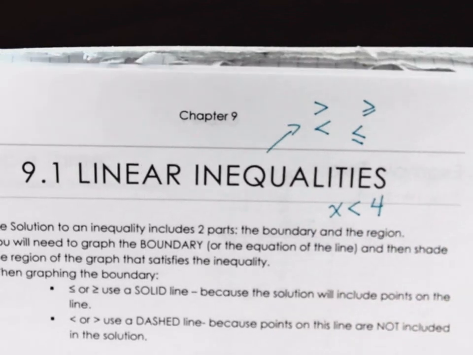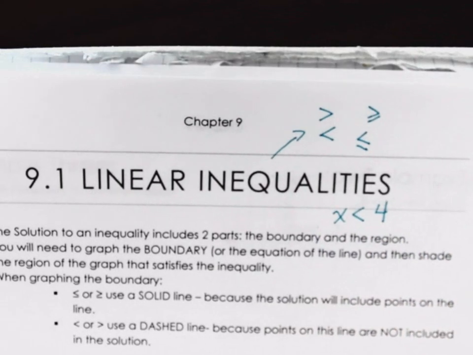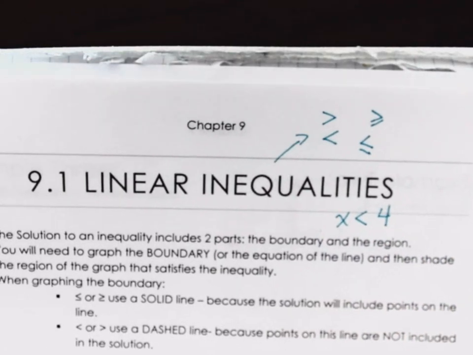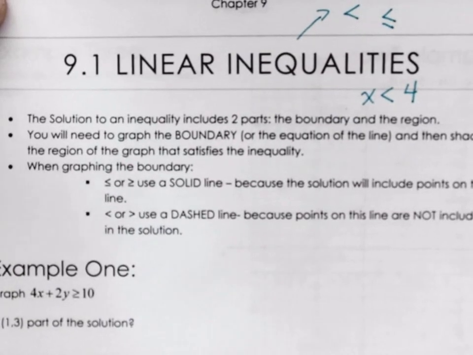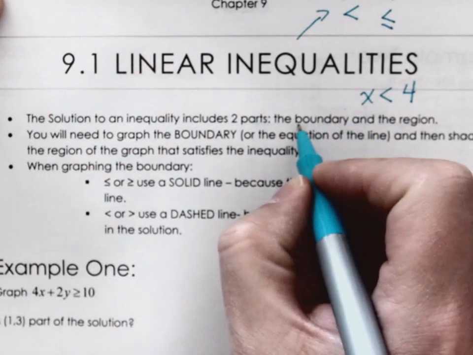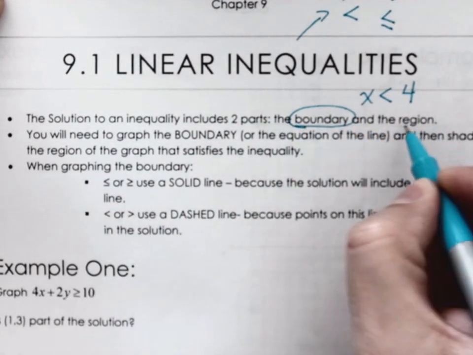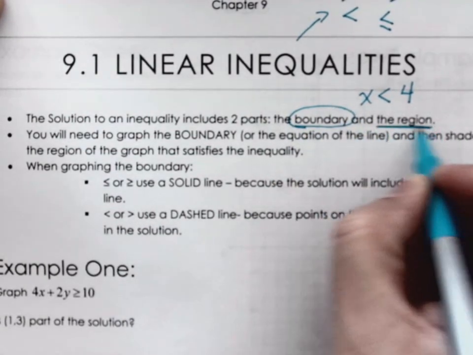So with inequalities, an equal sign means it equals this one value. An inequality says, hey, it equals all of these values. So it's like a set of answers. So two things when we're graphing linear inequalities is we have a boundary and then we have the shaded region,